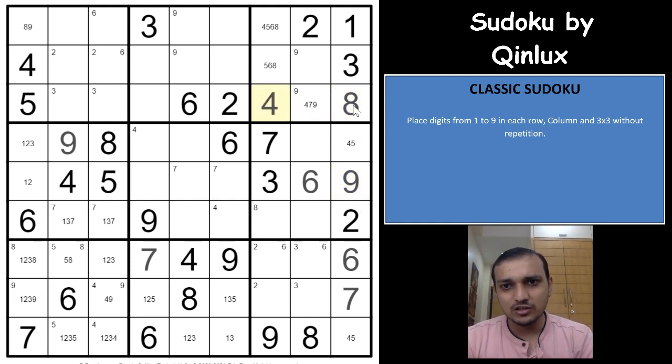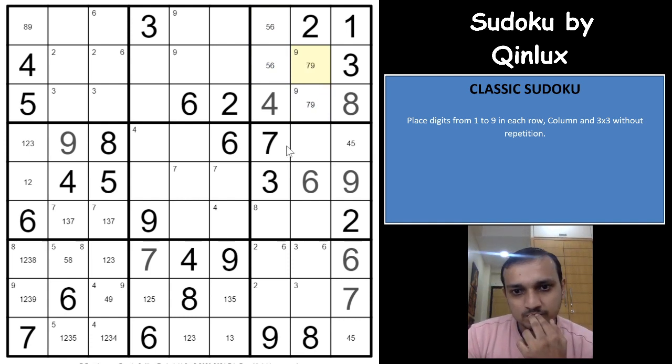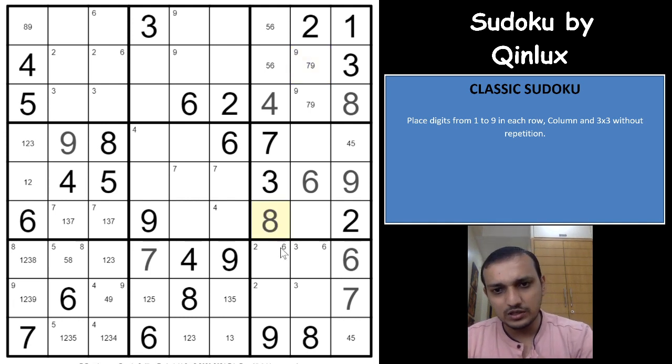Idea could be implemented. You get an 8 here or 4 here because of the 9 here. 4 and 8 gets eliminated from this cell. Oh, sorry. 4 and 8, 8 gets eliminated. You get 5 6 pair. So you get a 4 7 and 9, 7 and 9 pair here. One, 2 and 8. So 8 would have to be here. These 2 cells becomes 1 2 now.